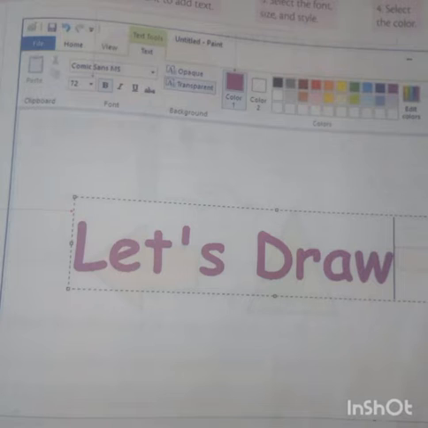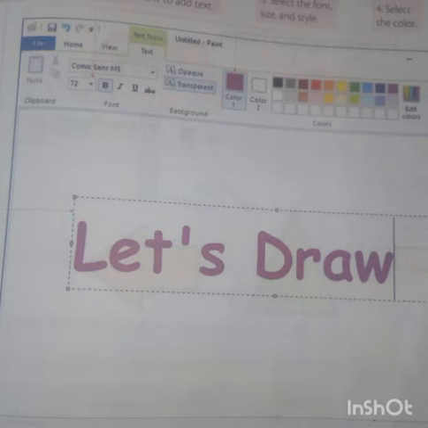Character means A to Z, or numbers also you can write. Okay, here next you see, ma. So what color do you need? Color 1 means the writing color, and color 2 means the background color, isn't it? So here, which color have they selected, ma? Tell me, which color? Violet color. So if you are writing your name, the letters will be in violet color.